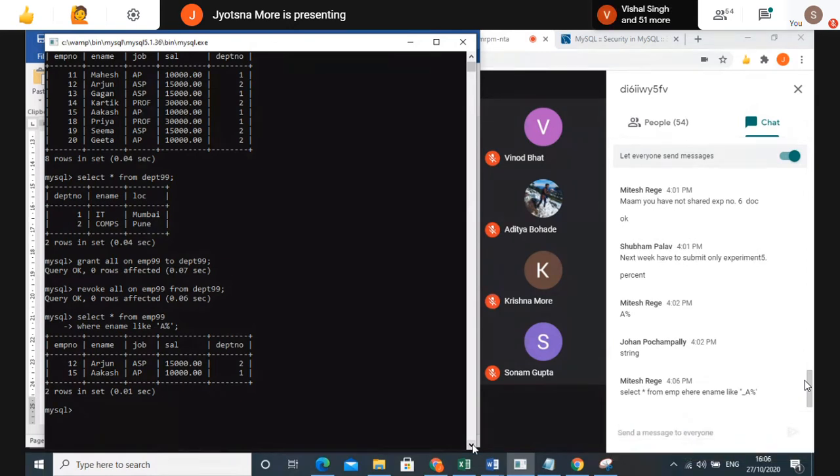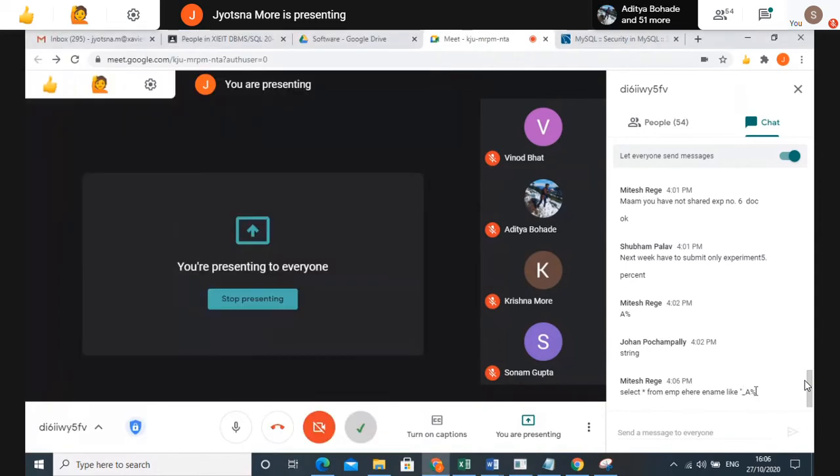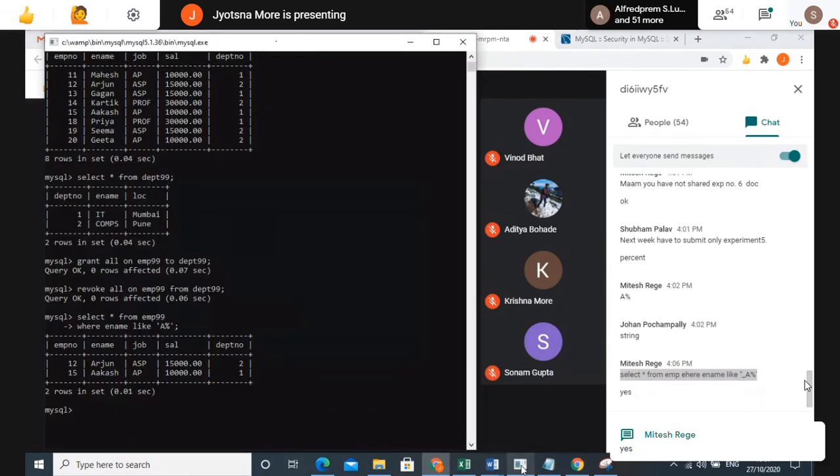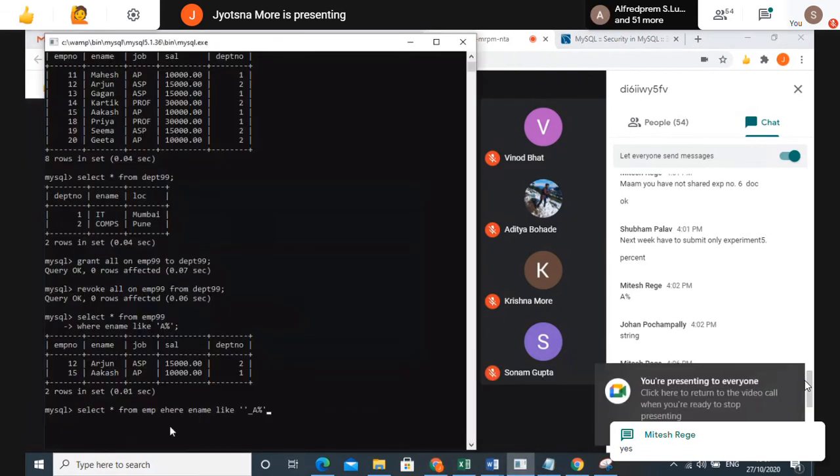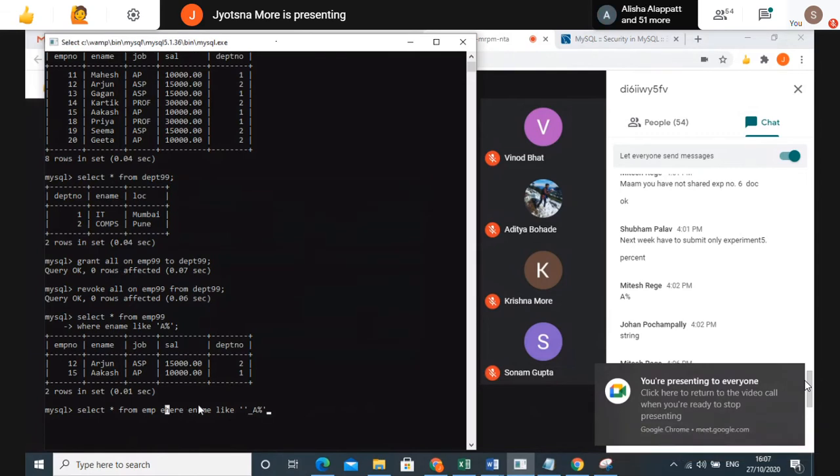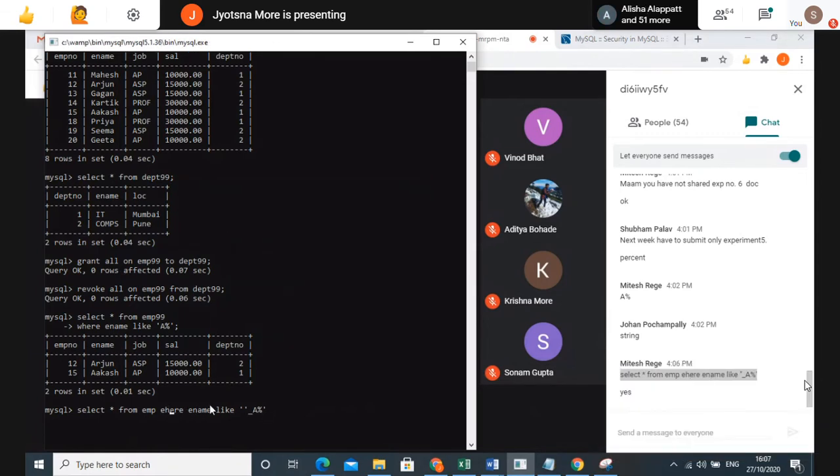Yes, select star from EMP where ename like: first character can be anything, second has to be A, then percent. Here you have to select lowercase a. If you take capital A, check with this. If I'm just copying this query, the query is correct, but only if you go for lowercase. We'll try with this. So I'm taking the same, where ename like